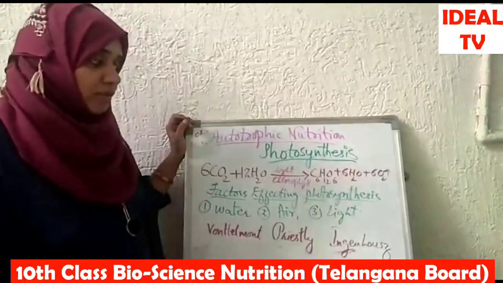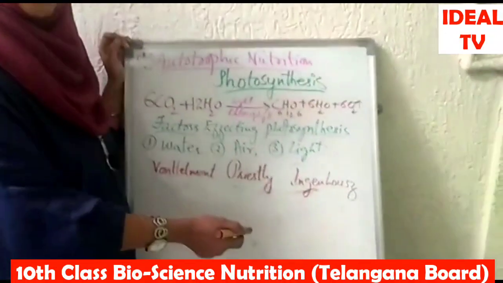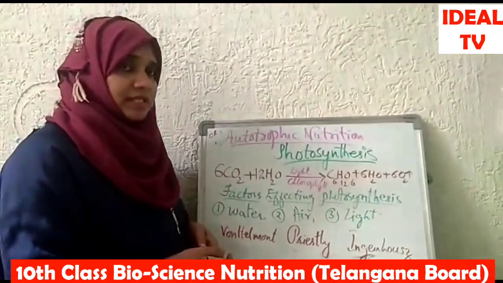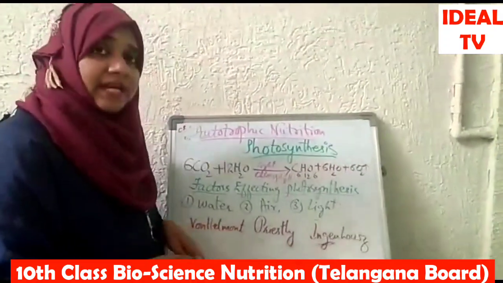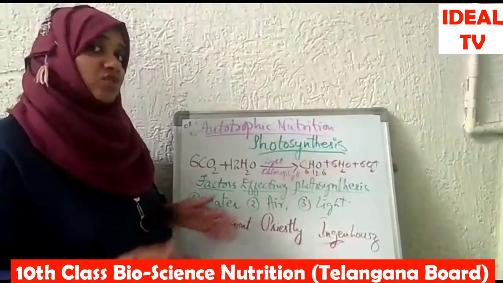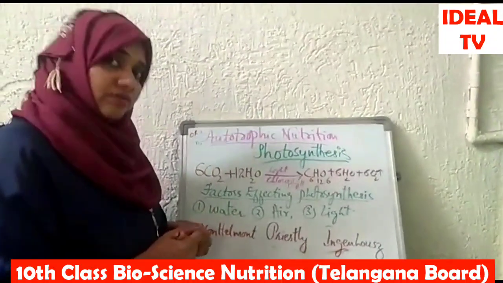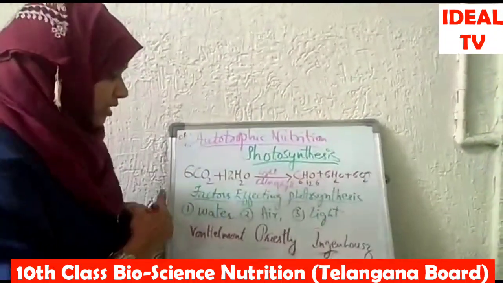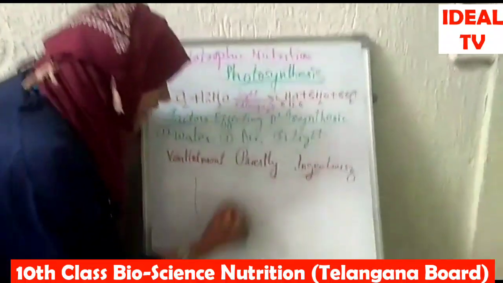And now we will see how light affects the process of photosynthesis, as experimented by another scientist called Ingenhousz. Ingenhousz also performed a series of experiments to understand the process of photosynthesis. He did an experiment where he kept a plant inside a bell jar